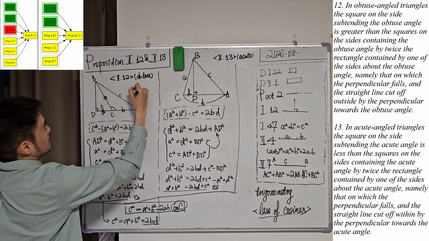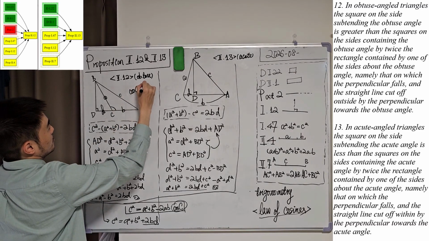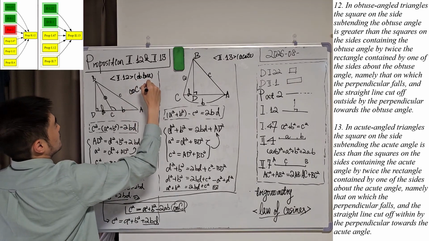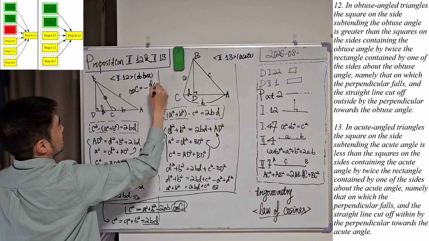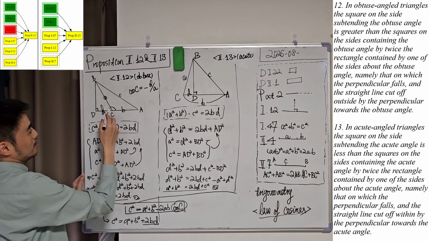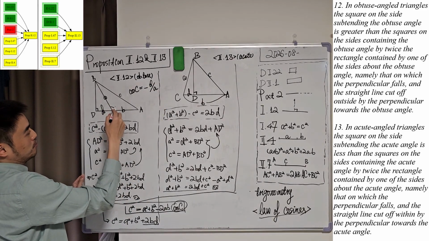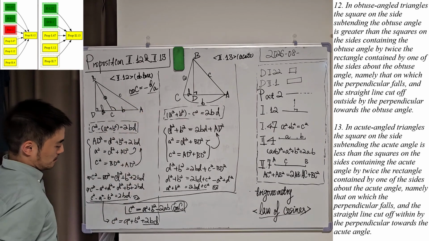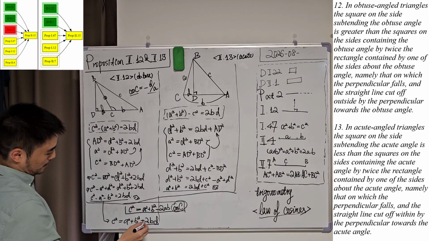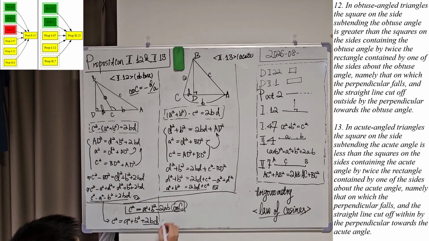So cosine C here is equal to negative D over A, correct? It is larger than pi over 2, so the cosine of this angle is a negative number. So if we plug this in here, we have that it is,